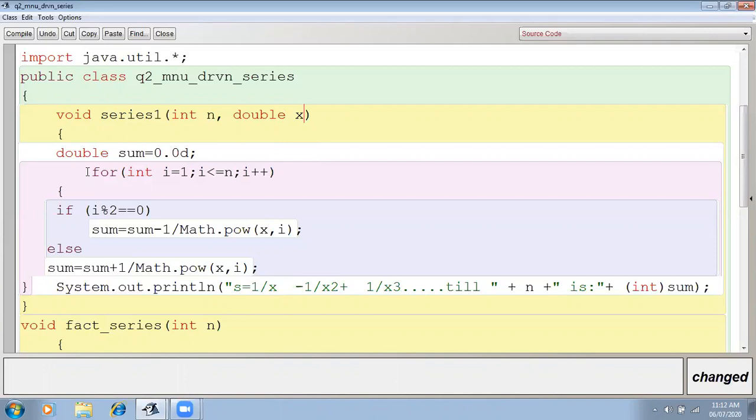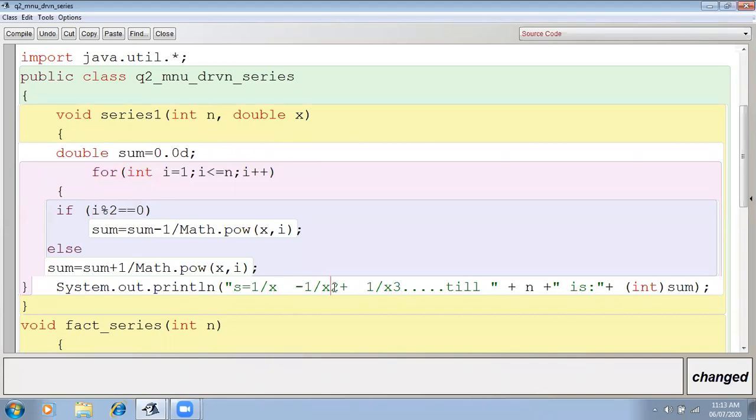Now first of all, remember here I have to execute the loop from 1 to n. int i equals 1, i less than or equal to n. Till n I am executing the loop. Then if i mod 2 equals 0, it means i is an even number.